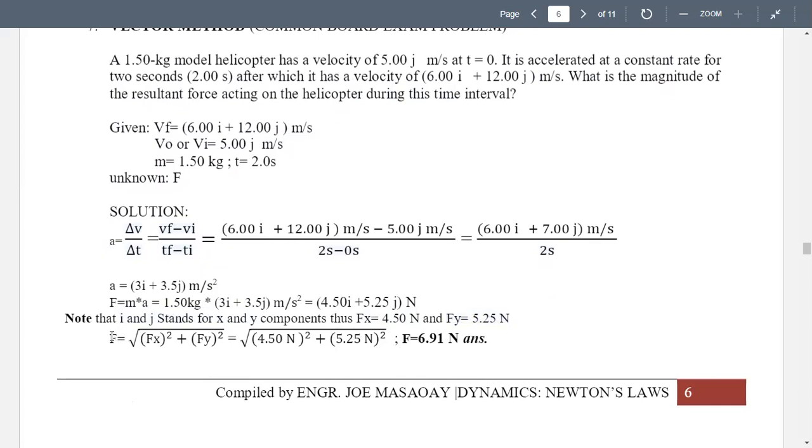Now, determine the F net. Okay, what is the magnitude of the resultant force or F net? You're going to use the Pythagorean theorem, the square root of your f of x squared plus f of y squared, or f of i squared plus f of j squared. Okay, further simplifying this one as the square root of 4.50 newtons squared plus 5.25 newtons squared, giving us an answer of